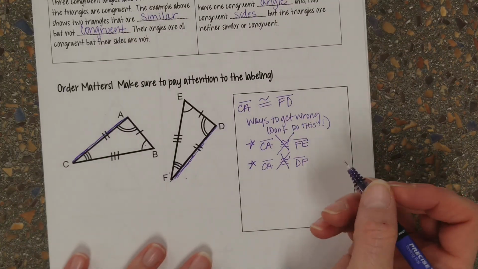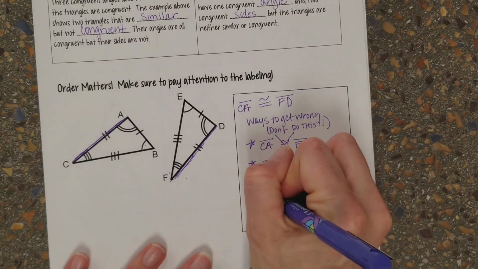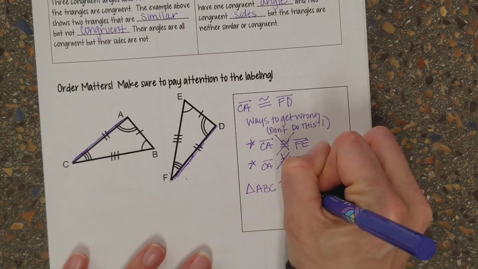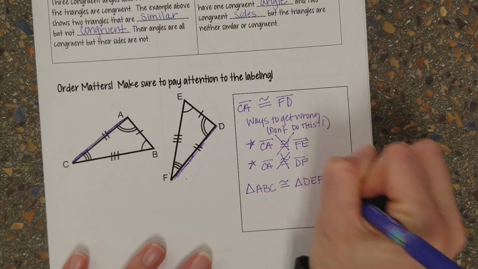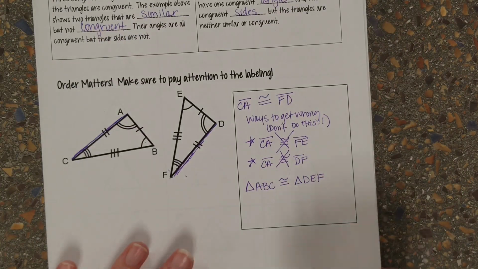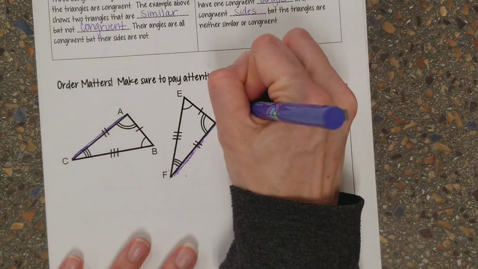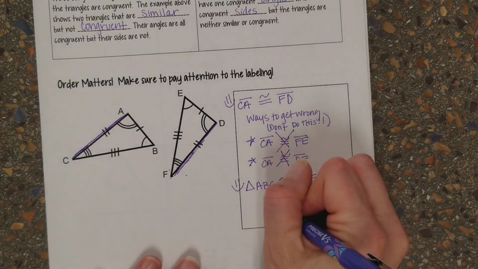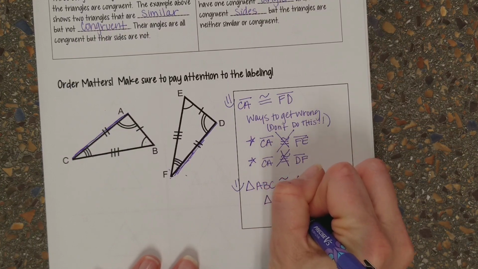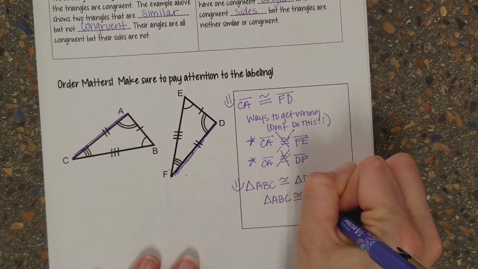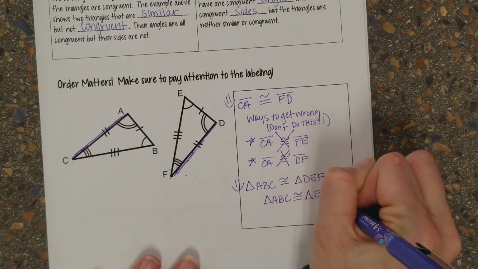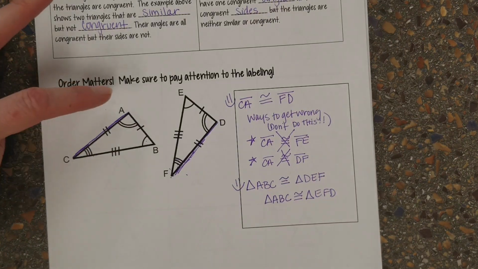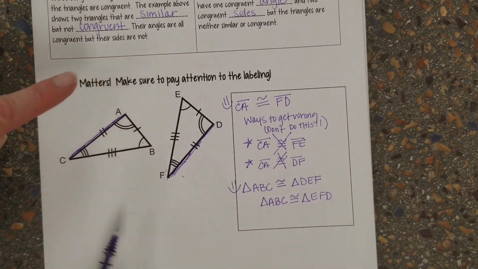Now, there's another way we could write something wrong when we're talking about triangles. So triangle ABC is congruent to triangle DEF. So this one's right. These ones are good. Let's put little happy faces by them. These are the correct ways. Ways that you don't want to write this is that triangle ABC is congruent to triangle EFD. You might be more inclined to do it that way, or maybe even EDF, because this one